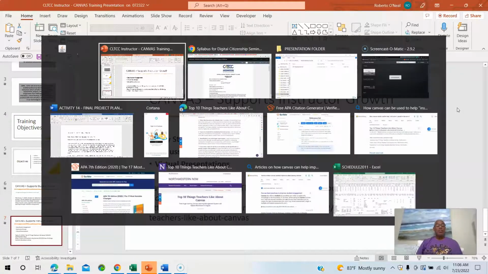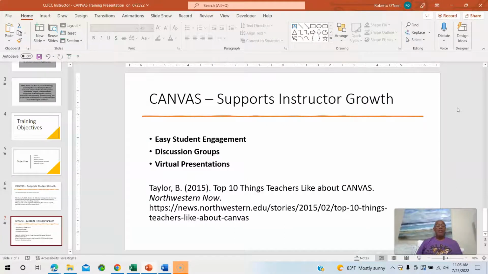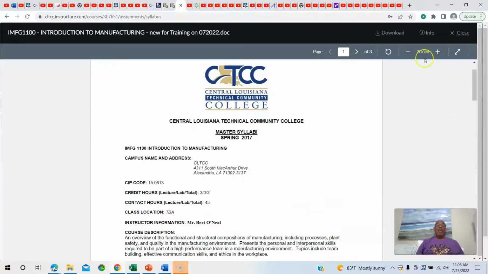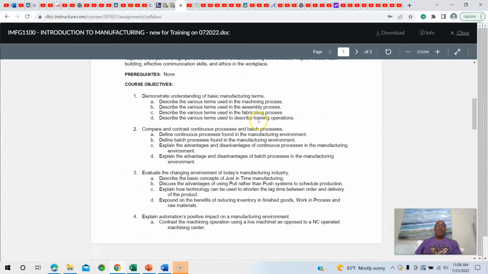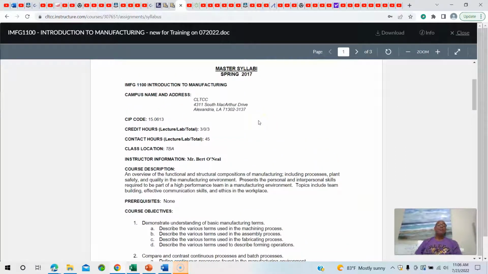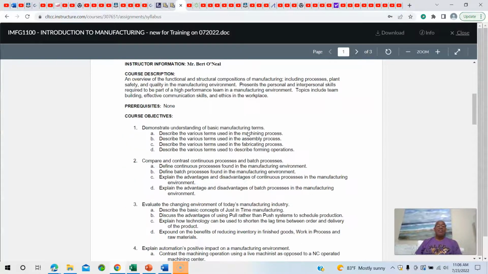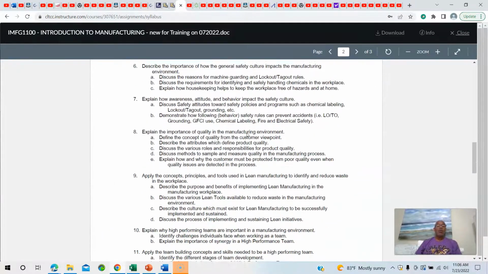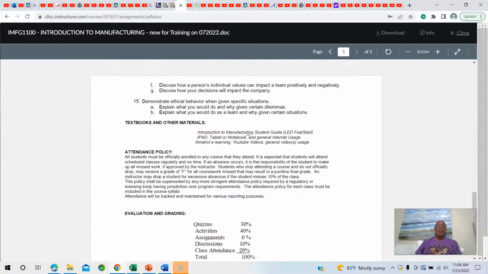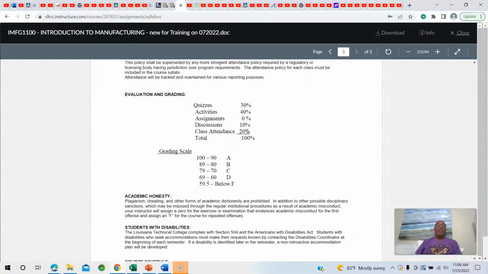All right, let's move on into our Canvas training. The first thing we're going to look at is the syllabus. This is an old syllabus that has been uploaded into Canvas, and each instructor every semester has a syllabus that ties to the particular class that they're teaching. So it's actually a contract between the instructor and the students on what they're going to learn during that semester. And what pertains to the training we have today is your grading section of your